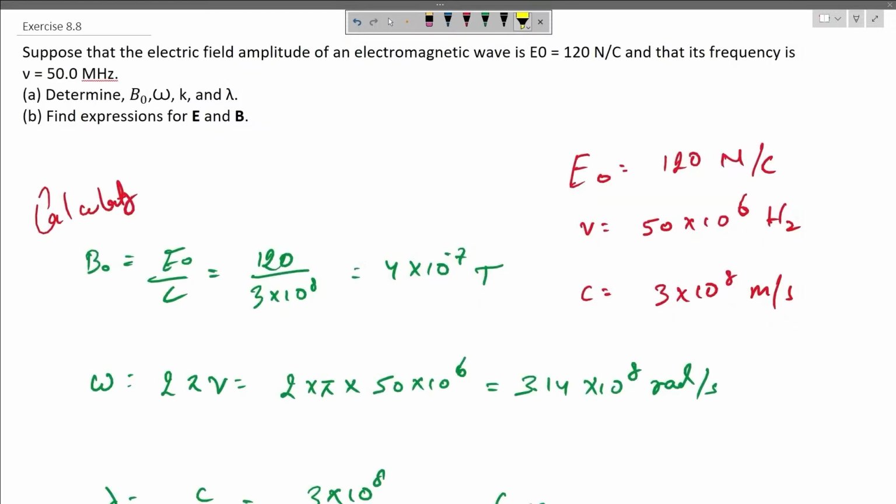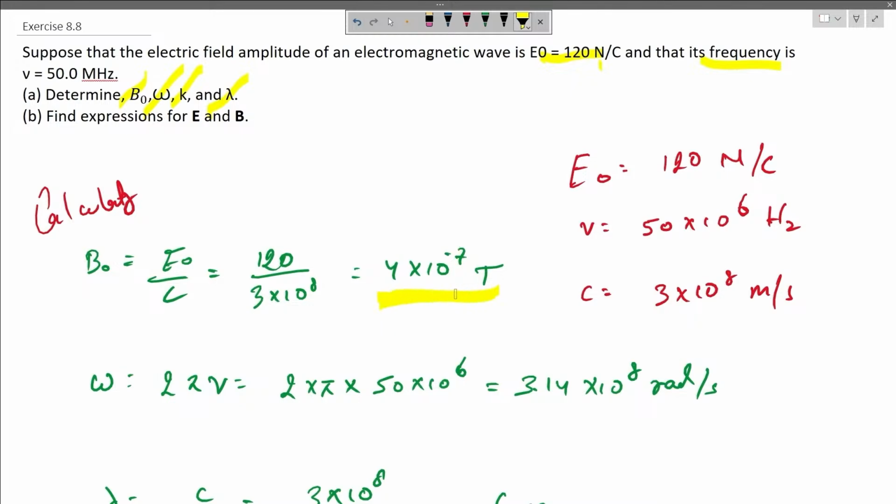The question says that suppose the electric field amplitude of an electromagnetic wave is E naught equals 120 Newton per Coulomb and its frequency is 50 megahertz. We have to determine the magnitude of the magnetic field, omega, the angular frequency, k, the wave number, and lambda, that is the wavelength. So we know that B naught equals E naught by C, or the magnetic field magnitude equals the electric field magnitude divided by the speed of the electromagnetic wave. Using this formula,